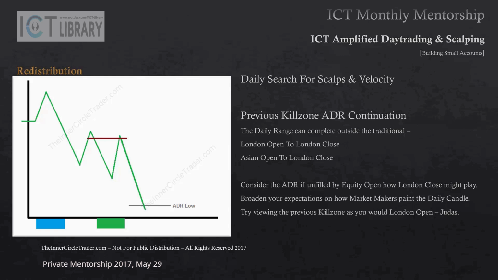Now also, the London close may carry over all the way beyond 3 p.m. bond close. It could actually continuously trade on through, especially on the heels of an FOMC type thing. It can trade right on through into the Asia's open. And then Asia's open will end up capping the range or that initial move that would occur from the beginning of London close in the previous trading session. That move can continue that long. So if you ever do get an entry at London close, you want to take something off certainly by 3 p.m., but leave something on because you may get some follow through over the course of rolling into the new Asia's open in the next trading day.